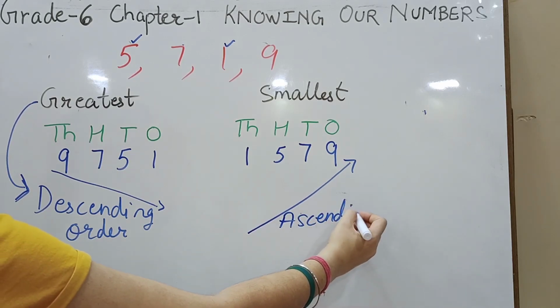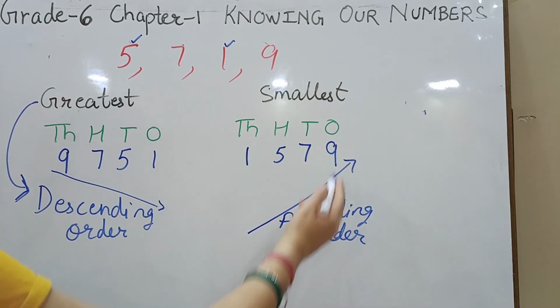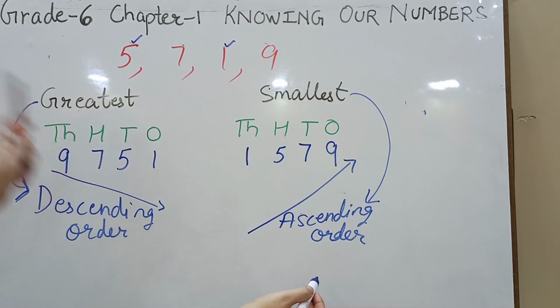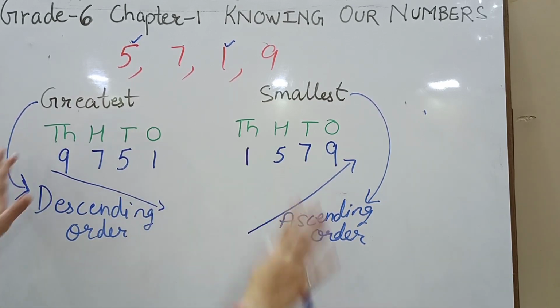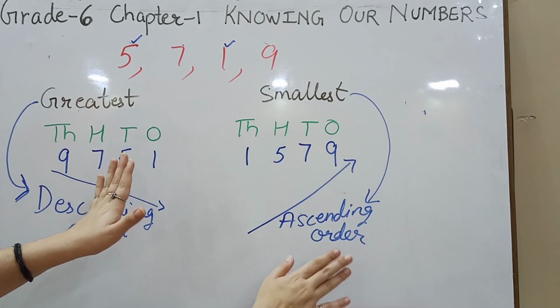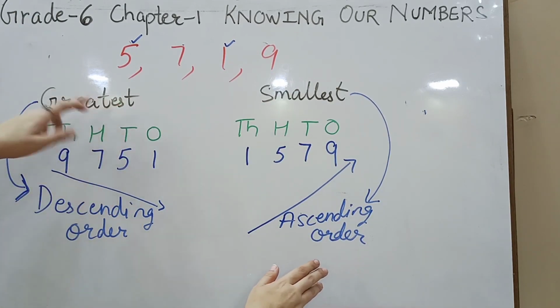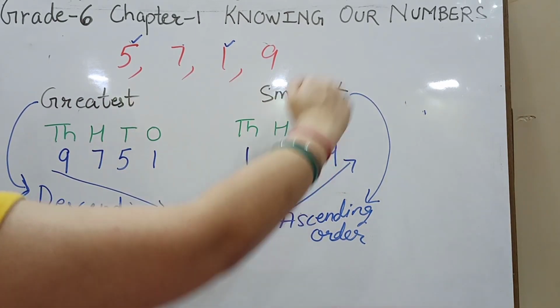So remember, whenever you are forming the smallest number, तो आप कौन सा order follow करने वाले हो? Ascending order. और जब आप greatest number बना रहे हो तो you are going to follow the descending order. ये तो simple digits की बात हुई. But what if a question comes now? I'm just revising it again. Make sure you follow the rules that for greatest you are following descending order and for smallest you are following ascending order.